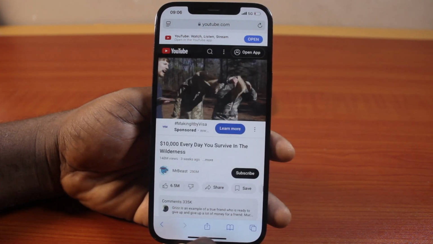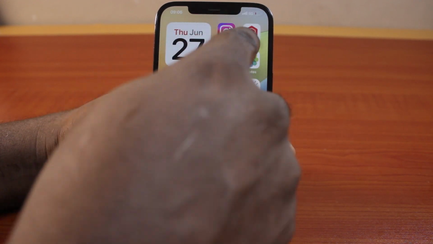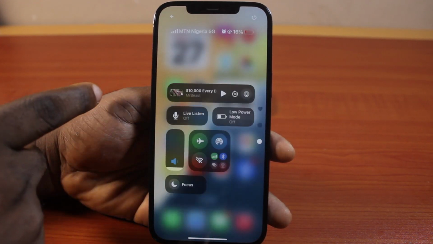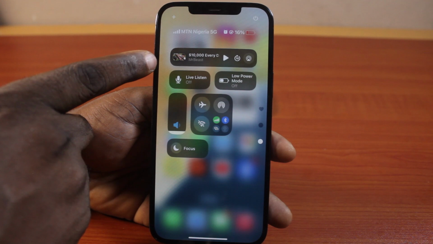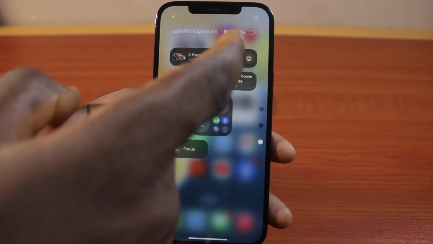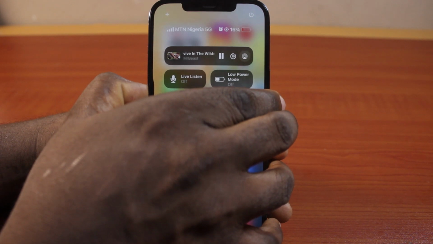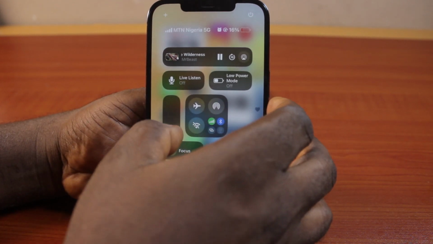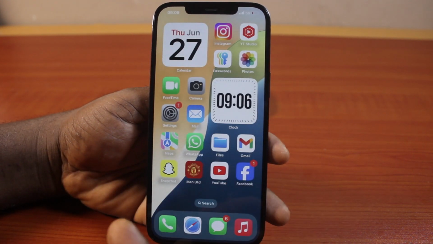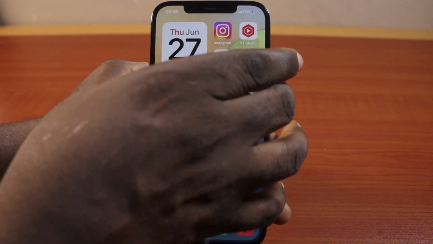Then just close the browser by minimizing it, swipe down, scroll up like this, and then locate the music player here. Once found, click on this icon to start playing it. You see that? So while on the home screen,